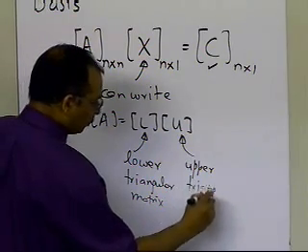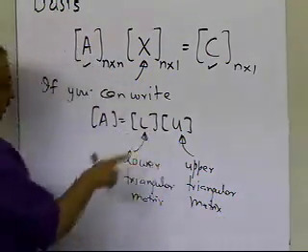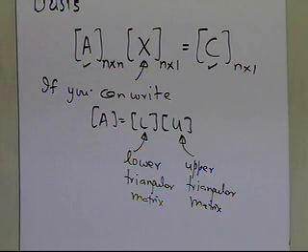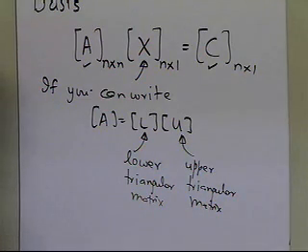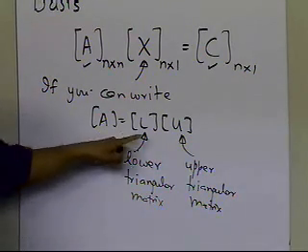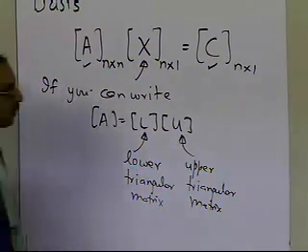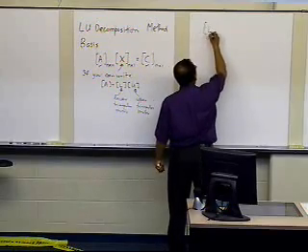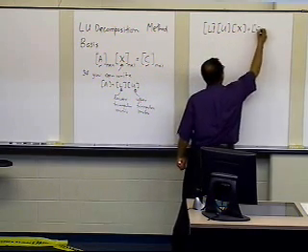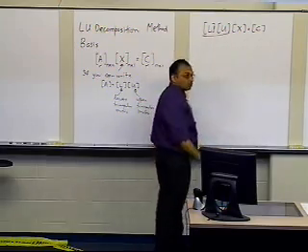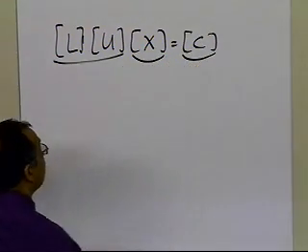If you are able to write A is equal to L times U, how can we use this breaking down of A into L times U to solve a set of equations, and how does it help us? Instead of A, I'll put L times U into my set of equations. So I'm putting L times U times X is equal to C. A has been decomposed into a lower triangular matrix multiplied by an upper triangular matrix. X is still the unknown solution vector, and C is the right-hand side.